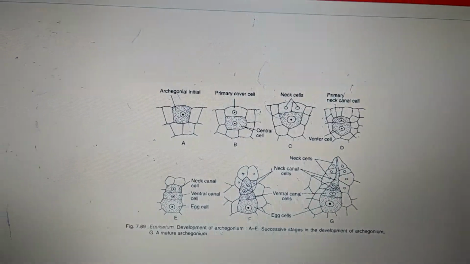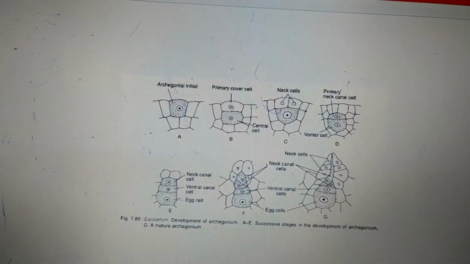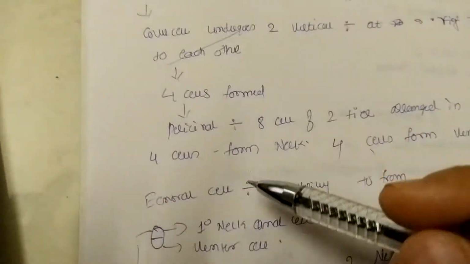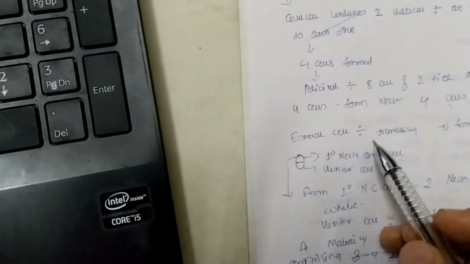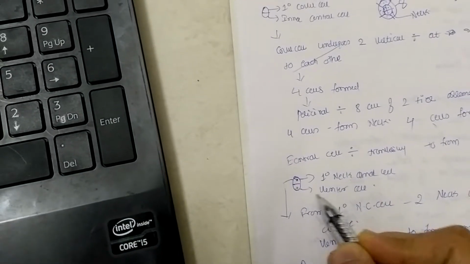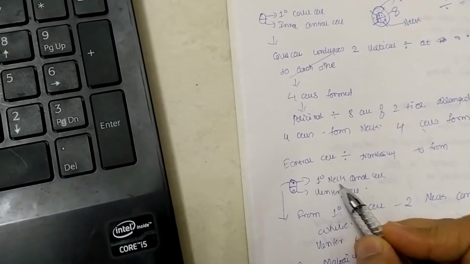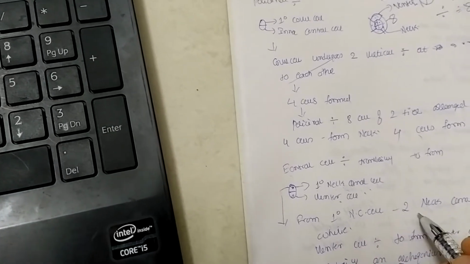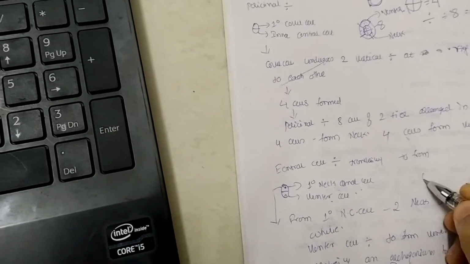The inner central cell divides transversely to form 2 cells. One is a primary neck canal cell. Another one will be the ventral cell. The primary neck canal cell undergoes one division, leading to formation of